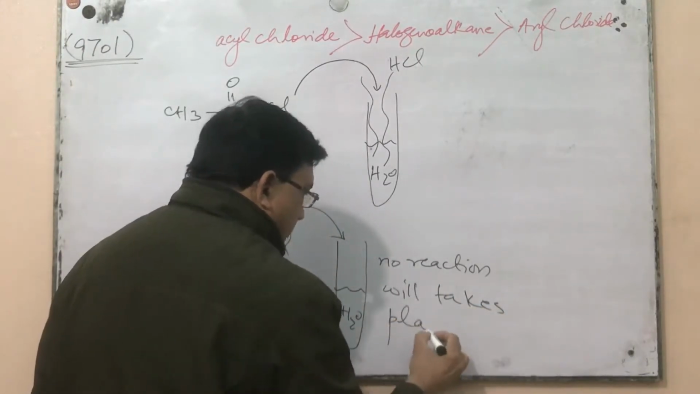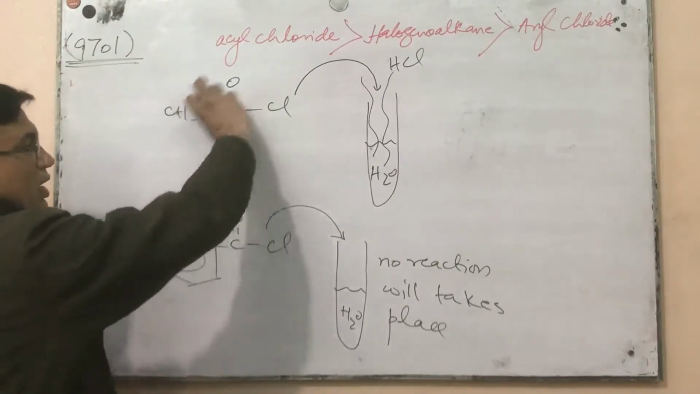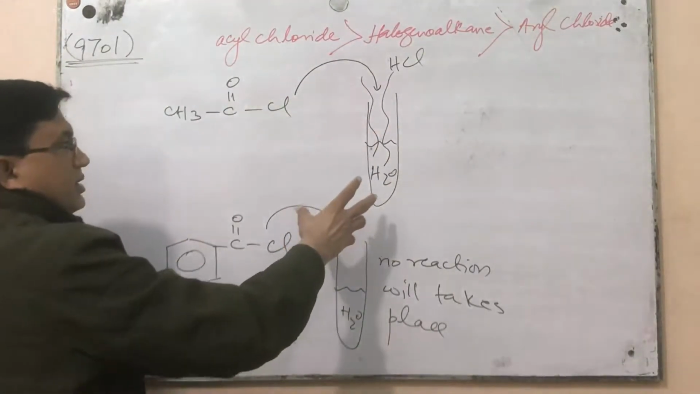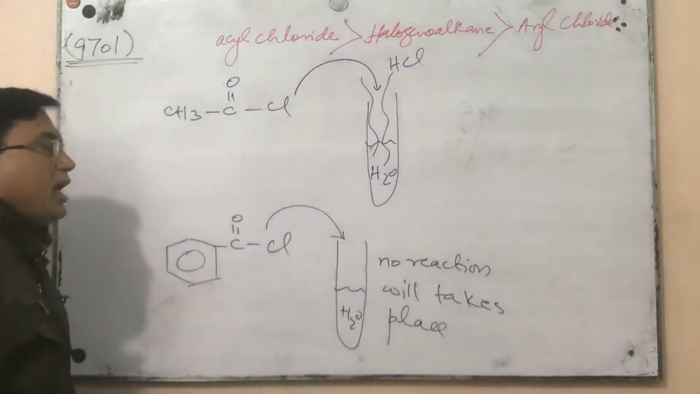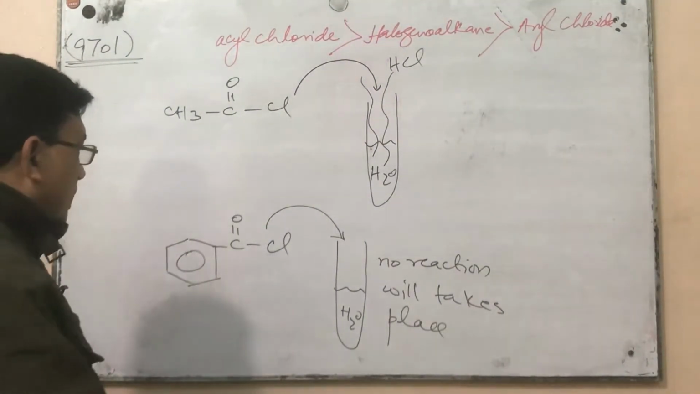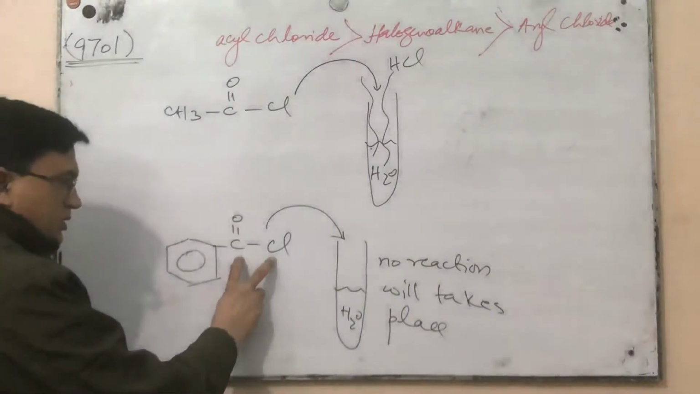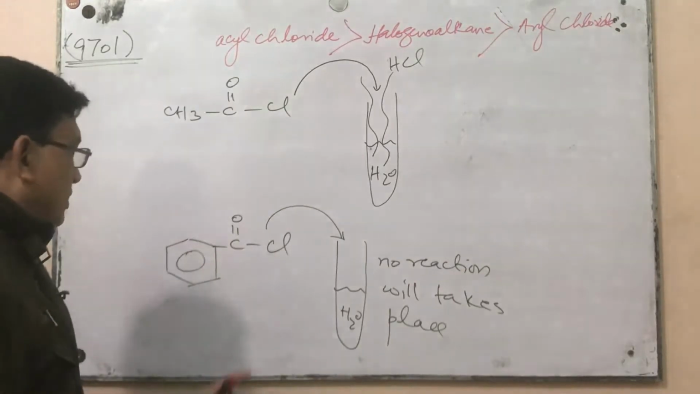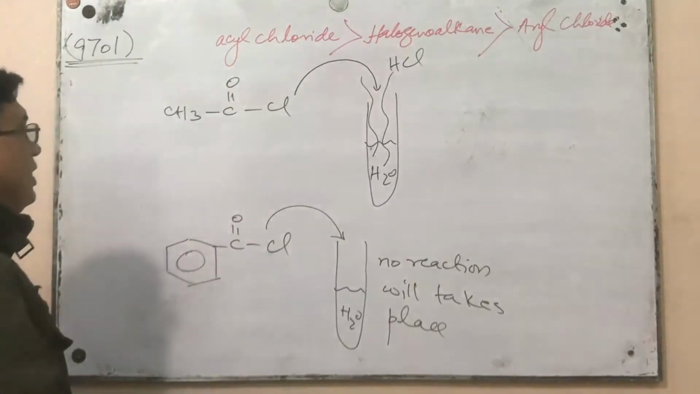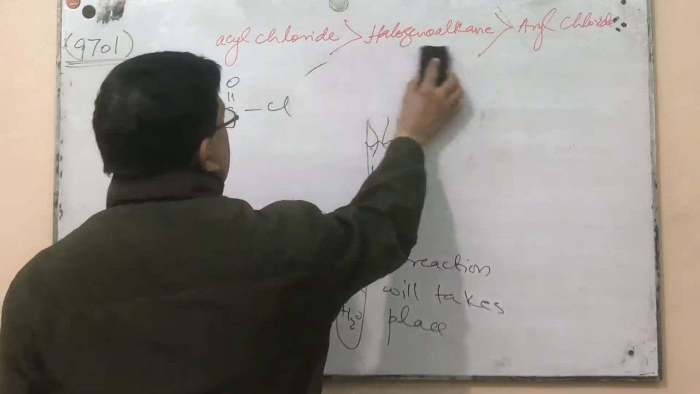It means that we can say the hydrolysis of ethanoyl chloride is a very quick reaction that can take place quite easily due to its reactive nature, while in the case of acyl chloride, no reaction will take place. That indicates that this acyl chloride is less reactive than those. Now, if we consider the reaction mechanism,